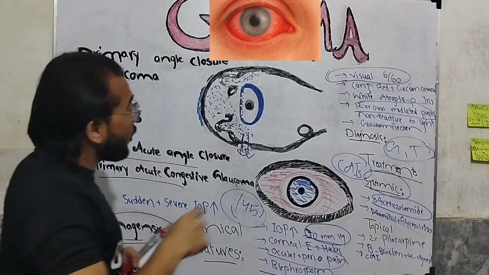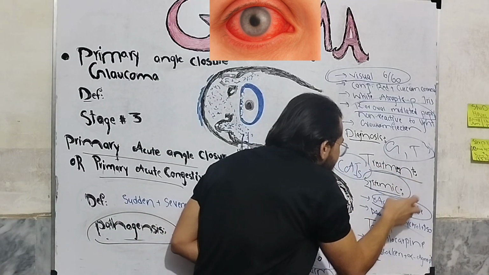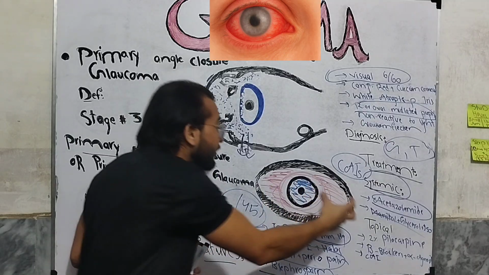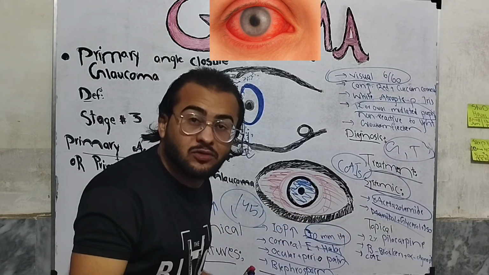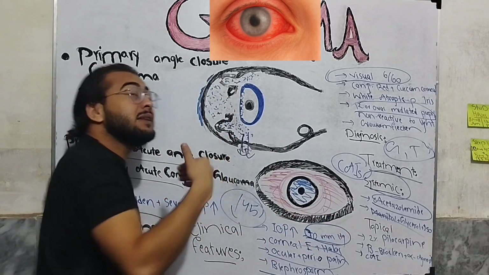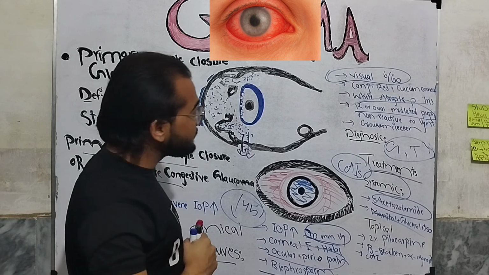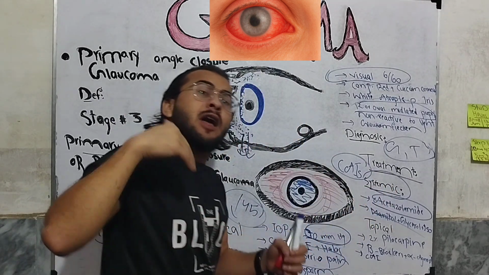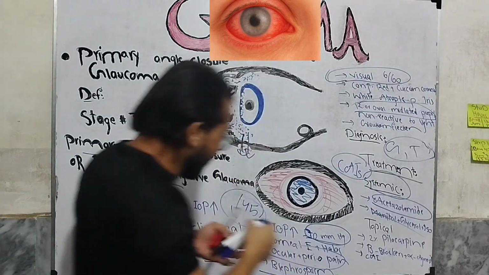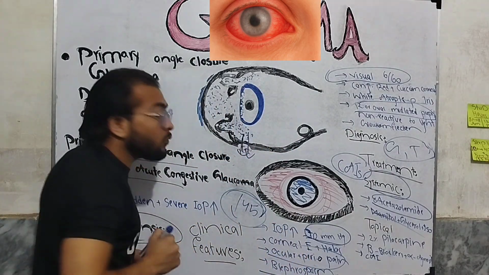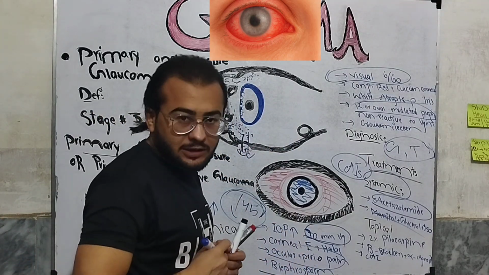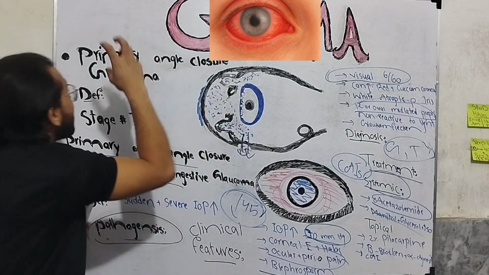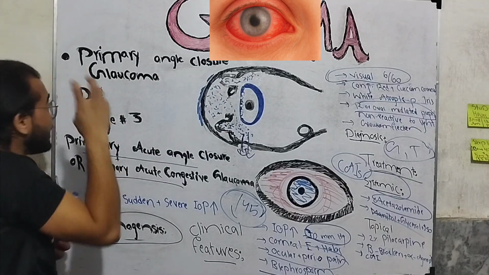So if the acetazolamide group is not effective, we will give the patient hyperosmotic agents which will decrease the pressure by these two mechanisms. So this is the systemic therapy. Now if the pressure goes below 45 millimeter of mercury, what will we do? We will start topical therapy, and the drug of choice in primary angle closure glaucoma, especially in stage 3,